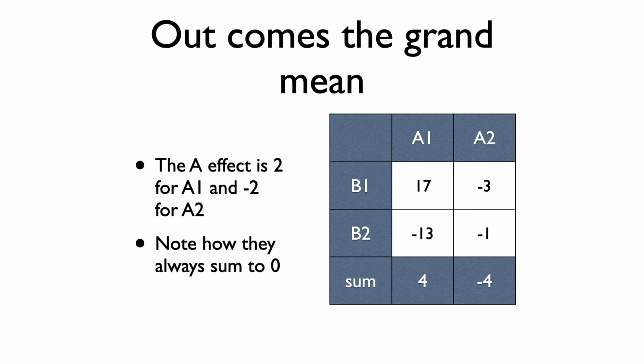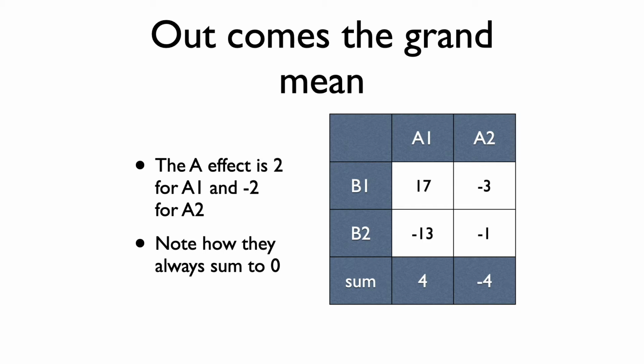So let's take 2 out of A1 and negative 2 out of A2. Does everyone see how I got that? So let's just take 2 out from each of these. So we get what? It's going to be 17, so minus 2 is 15. And negative 13 minus 2